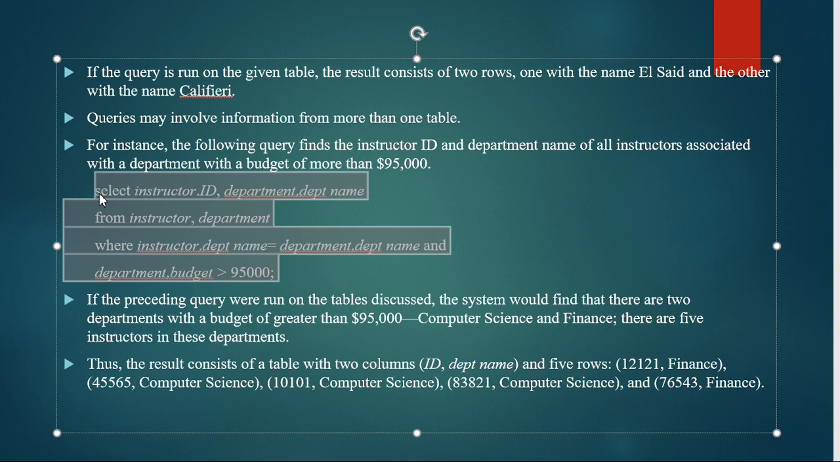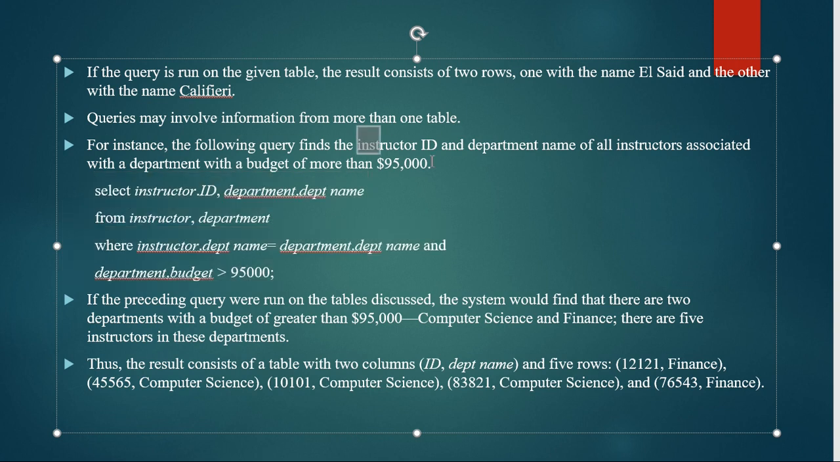The syntax we will be seeing. You need to select the two parameters we are considering, the instructor ID and the department name. So you have select instructor ID and department